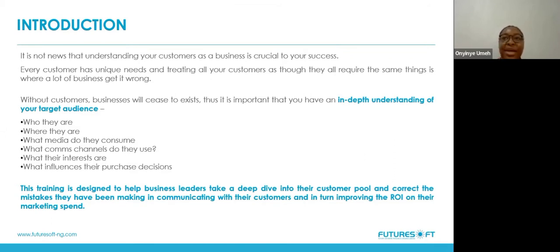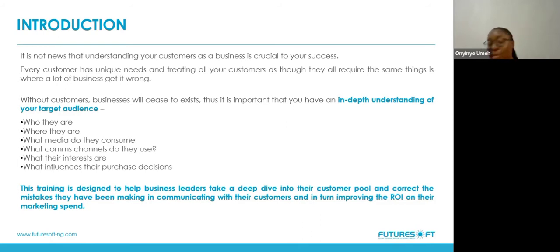So it's important that you continue to serve your customers in the way that they want to be served, to anticipate their needs, to understand them more in-depth as opposed to just on the surface. With this understanding, you'll be able to create your marketing communications and build strategy around your customers, not just on things that are trending. It will be tailored to your business and to your business goals.